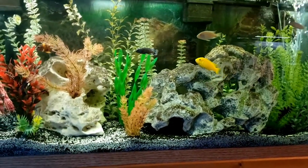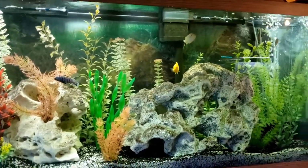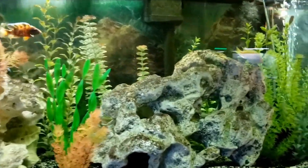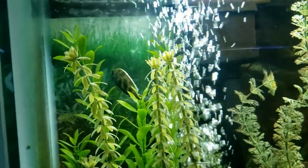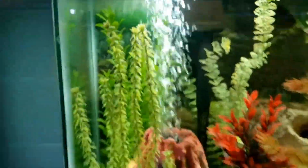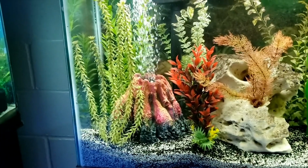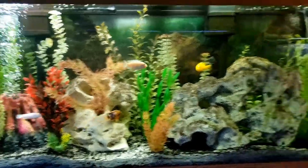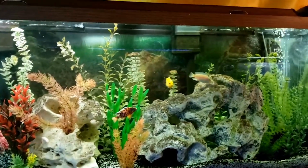I got some peacock cichlids in here. Also got an electric yellow there. Got a giraffe cichlid in there somewhere, trying to find out where he's hiding. Giraffe cichlid is hiding back there behind the plants, behind the bubble wall provided by the volcano, Mount Wanahakalugi. A little fun fact about this 55-gallon tank is this is actually where those angelfish that I just showed you,